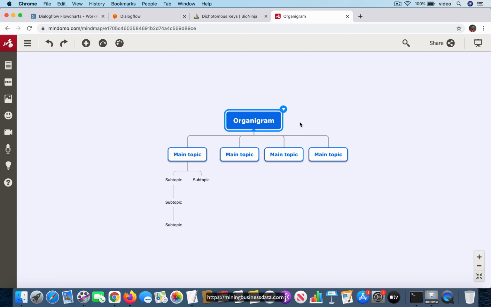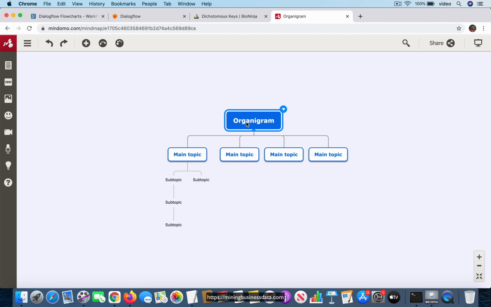The main thing I'll mention here is that the Mindomo tool is the best tool for people who are creating Dialogflow bots, and I'm not going to say anything about whether it's the best mind mapping software and things like that. I doubt it, but at the same time you'll see that it has a lot of features which make it very handy, specifically for the kind of stuff that we are trying to do when we are building Dialogflow bots. And if you want to learn more about why I am choosing Mindomo, as I said, I'll give a link, and you can go and read that article,